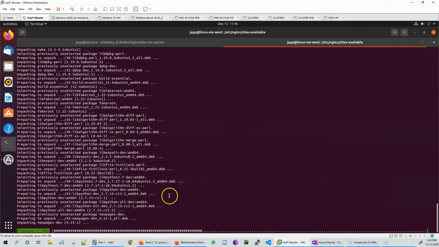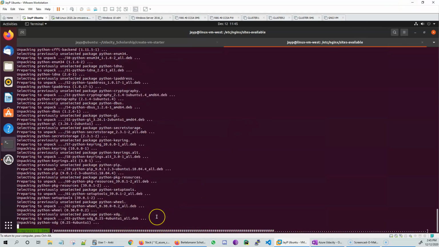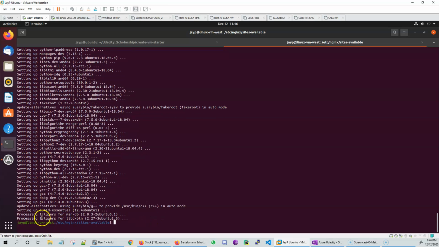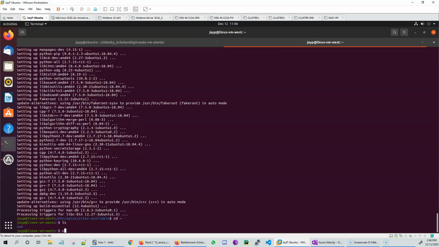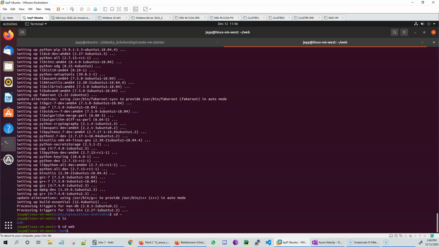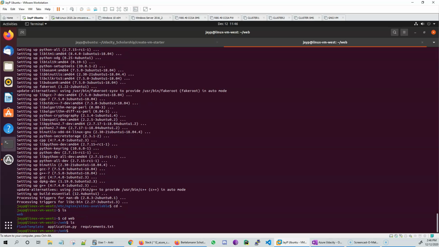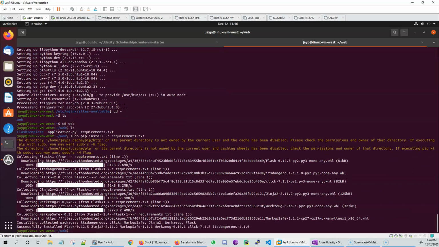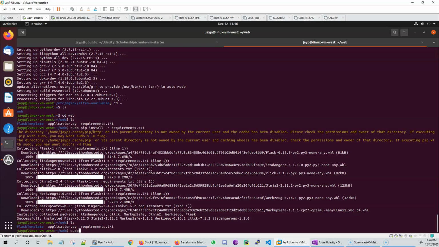Okay, so let's just wait for that. Okay, anytime soon. All right, there you go. So let's go back to our home directory, cd web, ls, and then we have requirements. The way that you install it is sudo pip install -r requirements. Okay. All right. Now ls again, and we're going to run the application. So sudo